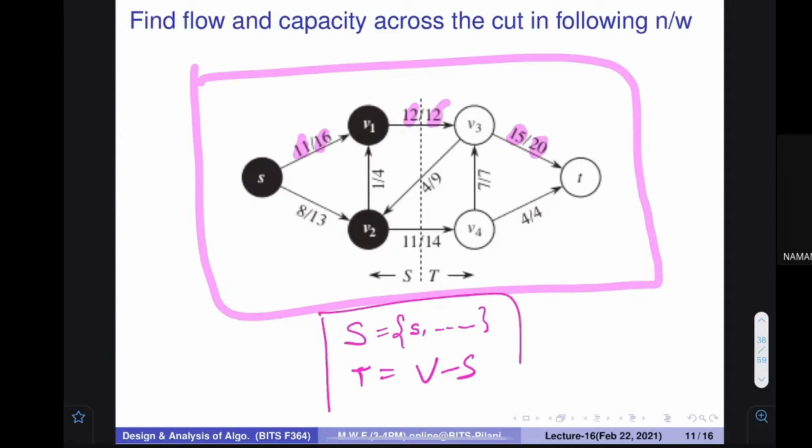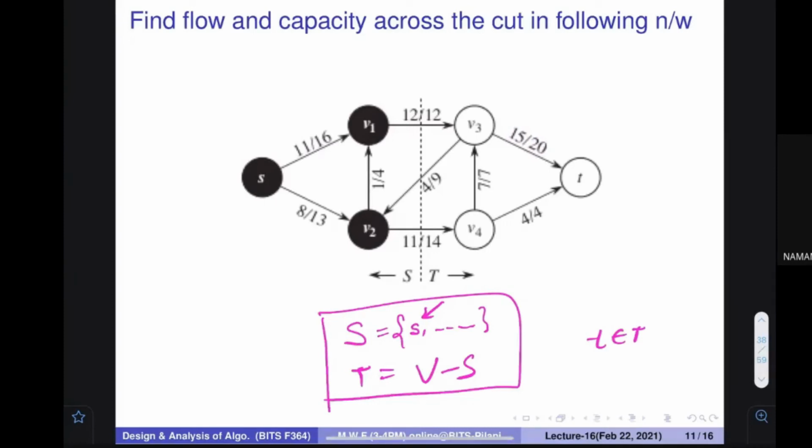Does everybody understand this particular set? In S, there is small s. T is not there. So let me say that small t belongs to capital T. Let me also say this so that it is clear that t is not in S, only s is there. So this is called a cut. Can you give me any other example of a cut where you can define just S? Can I define the S set?